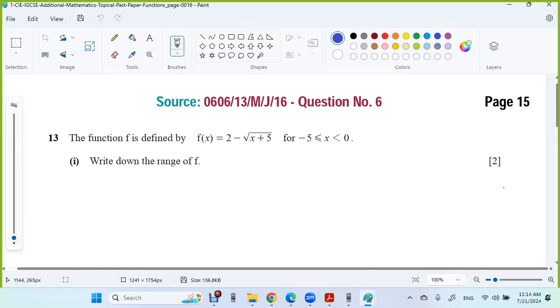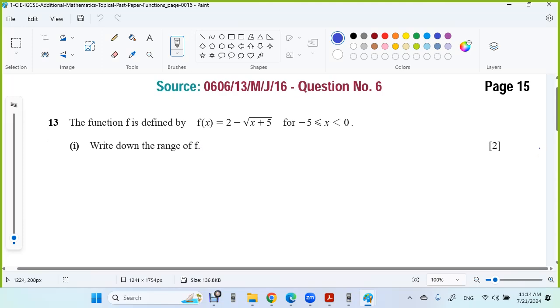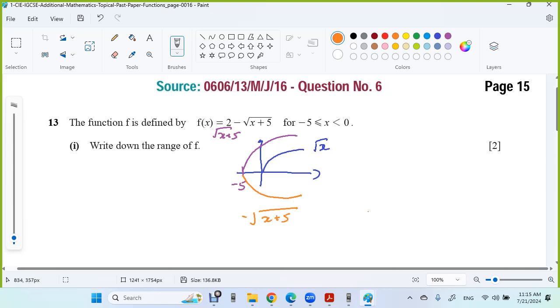Question number 13. The function f is defined by this. Write down the range of f(x). Okay, so we know that the graph of square root is something like this, and then this is square root x, and square root x plus 5 will be something like this. So this is negative 5, and we have the negative of the square root x plus 5 is something like this,